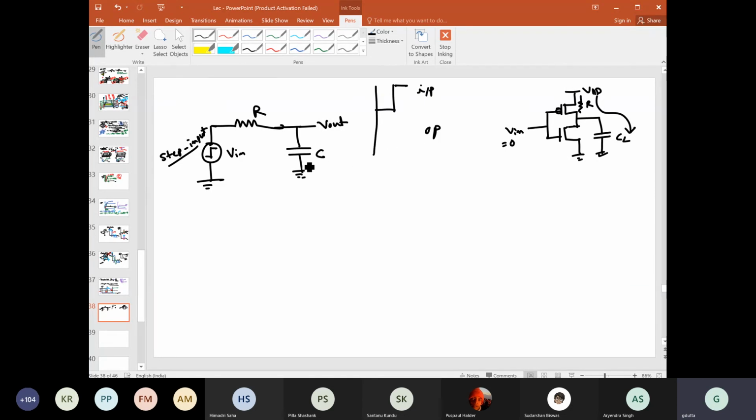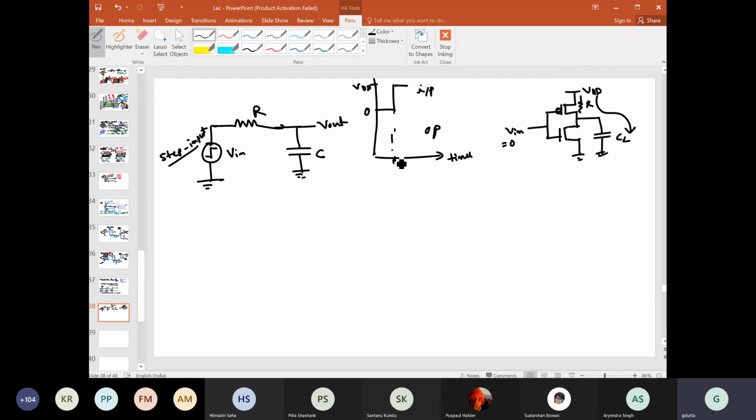Let us try to understand graphically how the output will change, and then we will try to define it. Now tell me, how do you expect the output to change? So this is 0 till VDD. Here it is 0 till this point. This is the time axis, right? Up to this time the voltage is 0. So that means this V in is 0 for this case, so no current will flow till now.